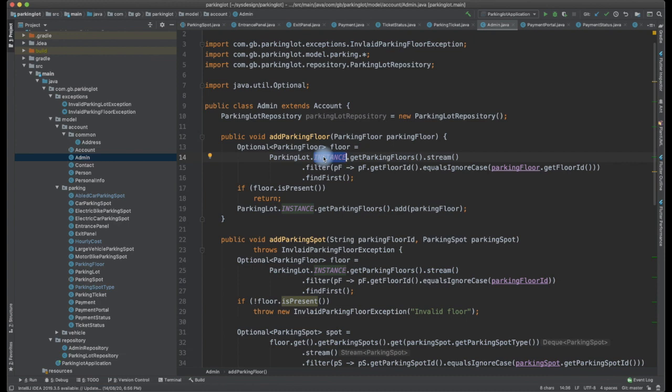This is how we need to handle idempotency. We need to talk through all these things in terms of system design as well. Idempotency plays an important role in distributed system design, and in all the tutorials we would be handling idempotency at any point while we do any of the operations. Let us look into how we are handling idempotency here. When we try to add a parking floor, we take the singleton instance and filter whether the parking floor is already added or not. If the parking floor is already present, we just return it. We are not adding to it.